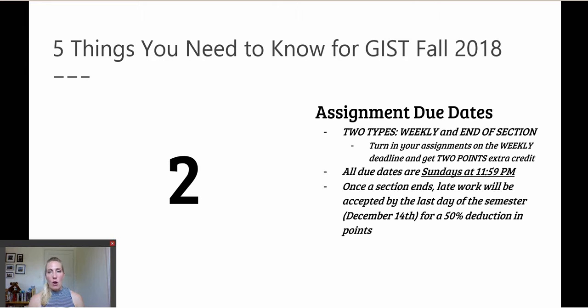Otherwise, you can turn in all of the work for a section, and there are 5 sections throughout the semester, by the end of the section. So for instance, this first section that we're in is 3 weeks long, including this week, the next week, and then the third week, of course. You can choose to turn in your work at the end of each week, in which case you get 2 points of extra credit each week, so that's 6 points. Or you can turn all 3 weeks' worth of work in on Sunday, September 16th, which is the end of this section. If you do that,